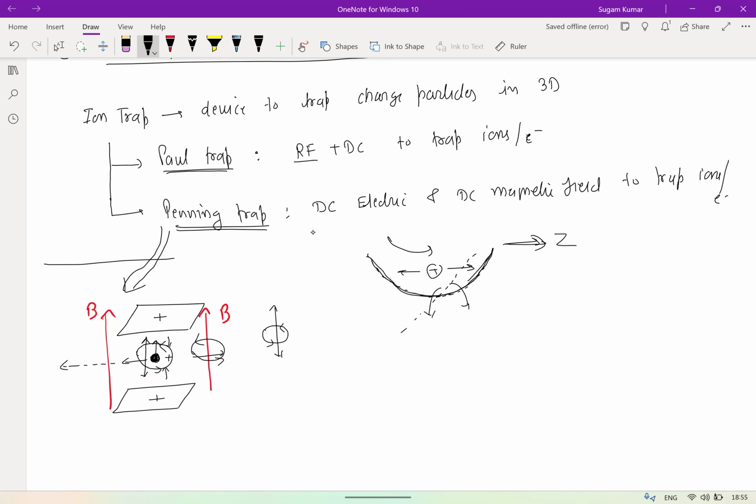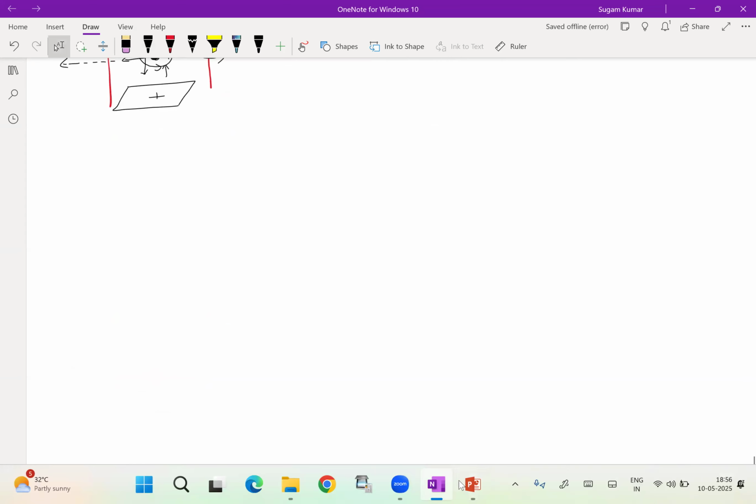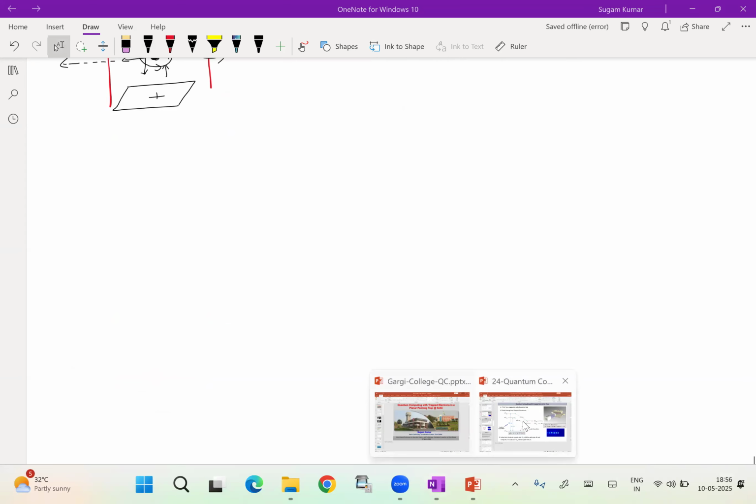Once these charged particles are trapped, we can use these charged particles to do quantum computing. And my focus will be to let you understand how quantum computing is done with the trapping. So for this one, maybe I can